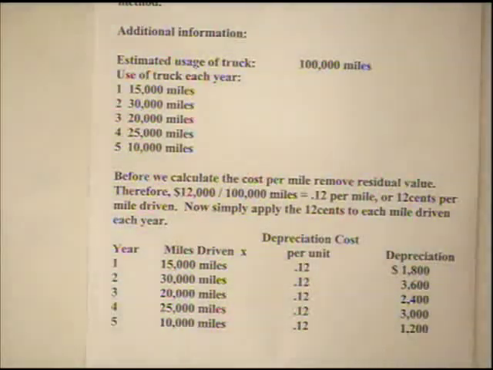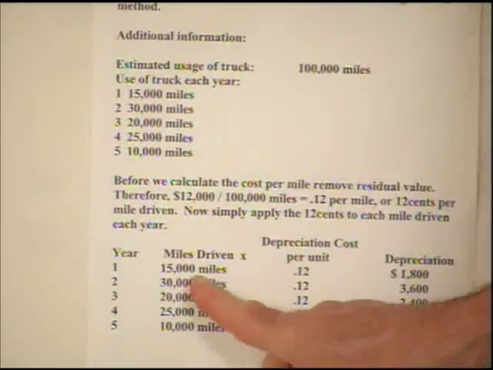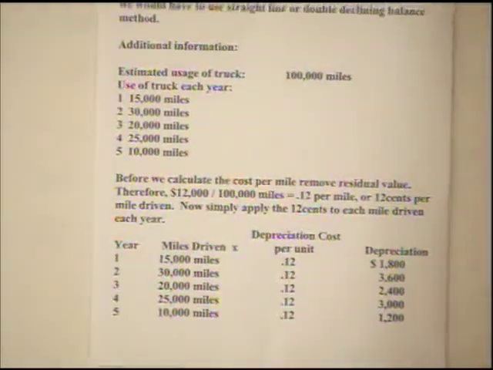It doesn't matter what month I buy it in. There's no prorating because I don't care when they bought it. I just want to know how much they use it. And that's all there is to